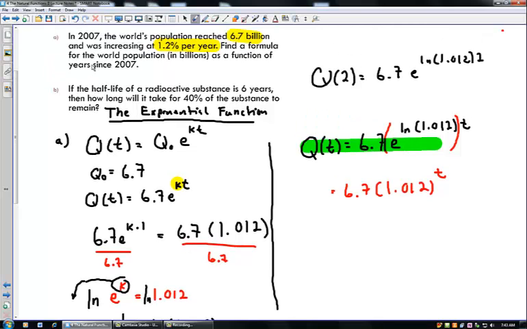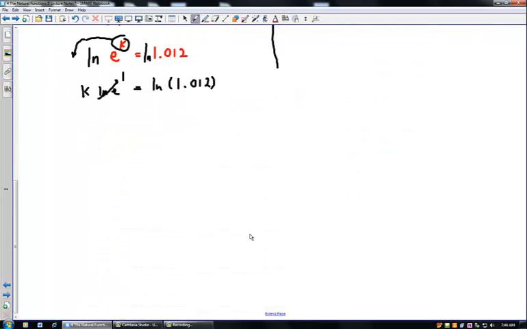All right, part B, let's take a look at it. So in B it says if the half-life of a radioactive substance is 6 years, then how long will it take for 40% of the substance to remain? Now this is on the back of the handout I gave you with the rules of the natural functions on them, so you can turn that over and actually do the work on there if you like. I'm just going to copy stuff down here. So part B,